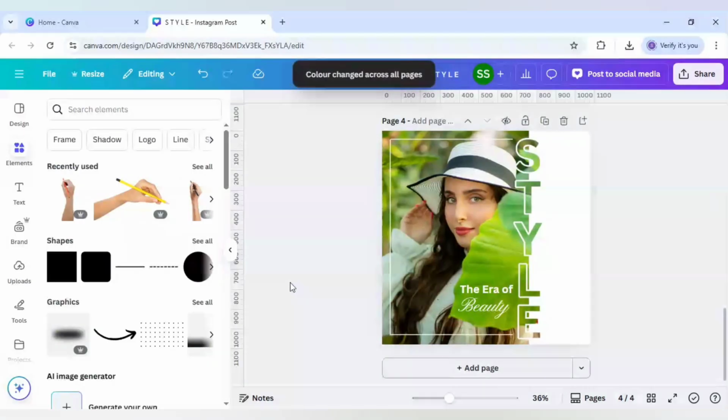So as you can see, the portrait is created here, and you can create a similar portrait like this in Canva